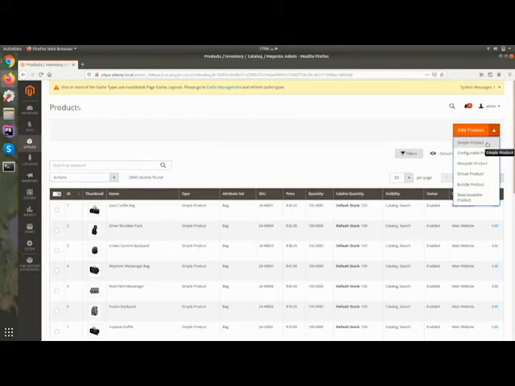If you create a simple product, either you can assign 100 or you can assign 50, but you cannot assign different quantities.